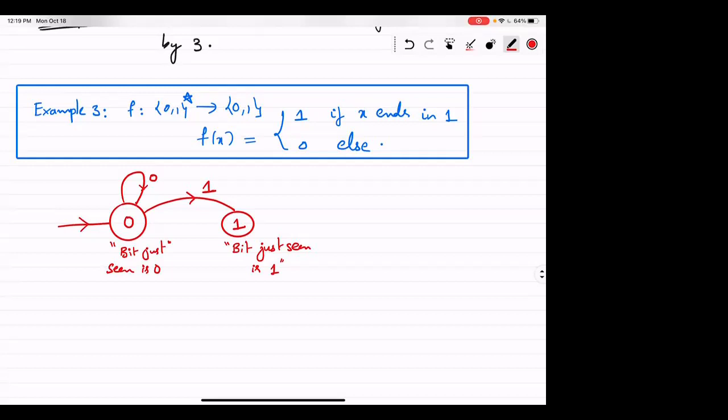Okay, and the same thing for the transitions out of the state 1. So if I see a 1, what do I need to do? I just stay there. And if I see a 0, I jump. Okay, make sense? All right, so this specifies